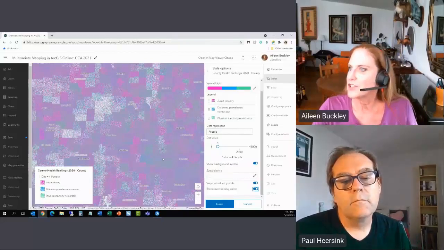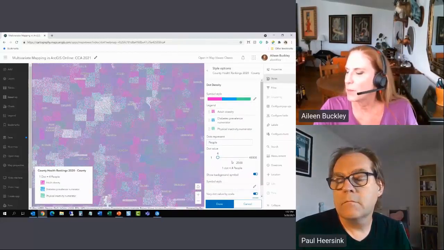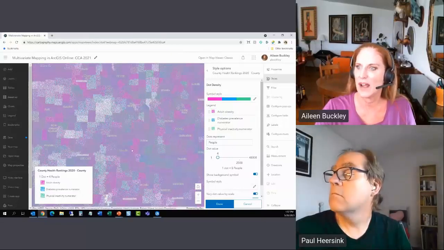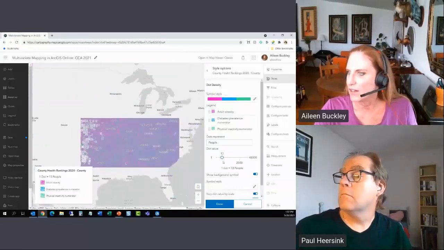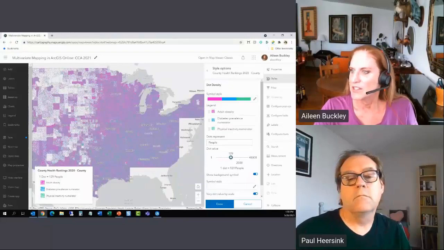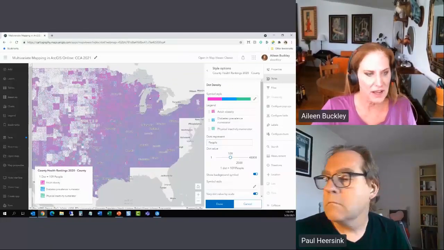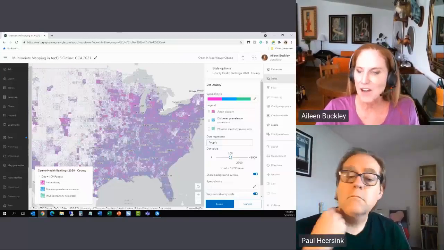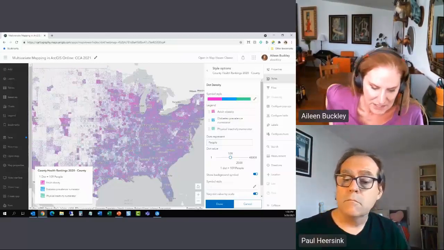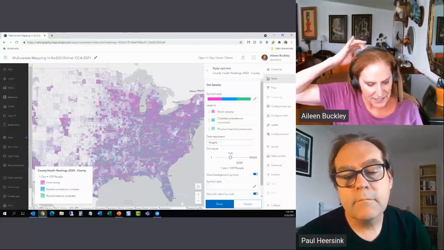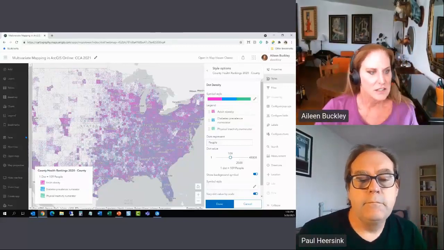Now, the other options for dot density mapping are pretty similar to what we've seen already in ArcGIS Pro, nothing really new. So what I'm going to do is stop this demo at this point because we have about 10 minutes left in this session, and I want to pass this back to Paul for a little bit of a